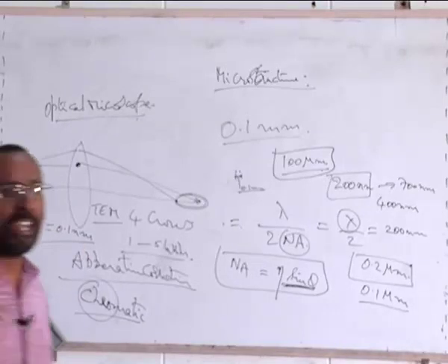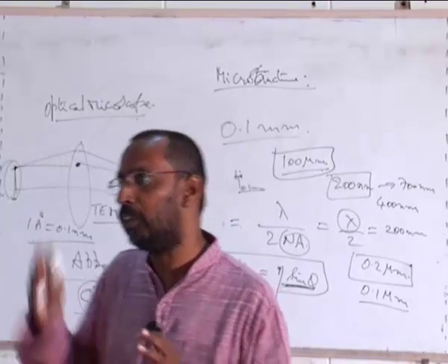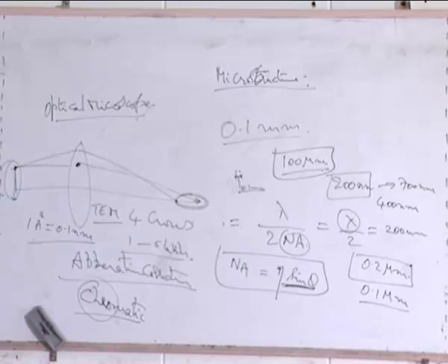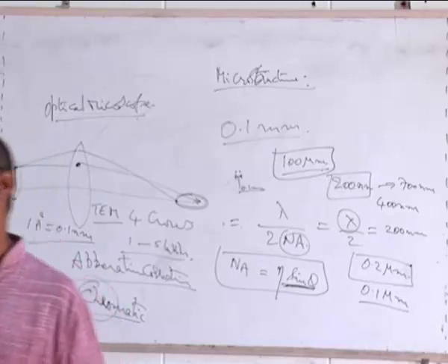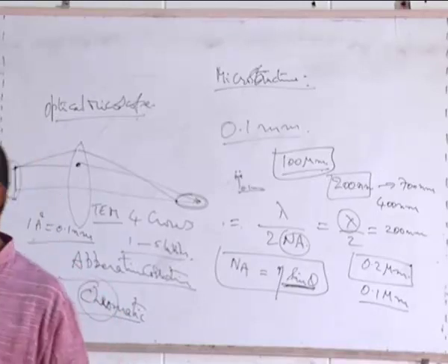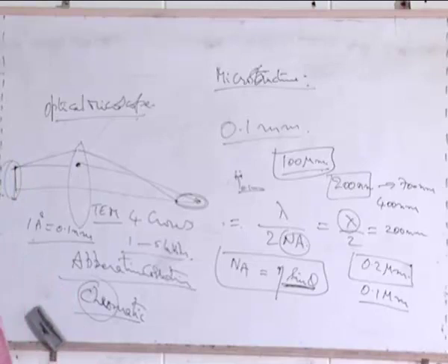In India, right now, including our microscope, we have 3 aberration corrected microscopes. One is at TIFR Bombay, Tata Institute of Fundamental Research. Another is at Jawaharlal Nehru Center for Advanced Research in Bangalore, and the third one is ours at IIT Madras. The one in Jawaharlal Nehru Center is a microscope where both the chromatic aberration and spherical aberration are corrected.